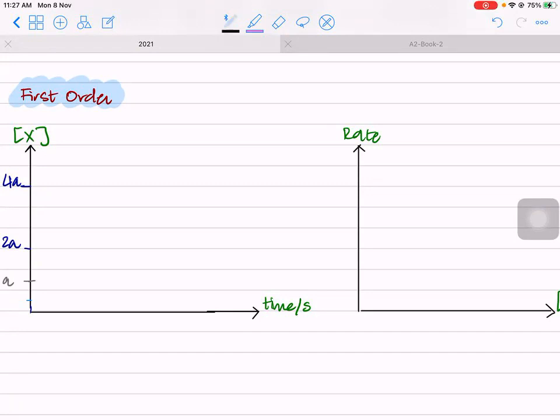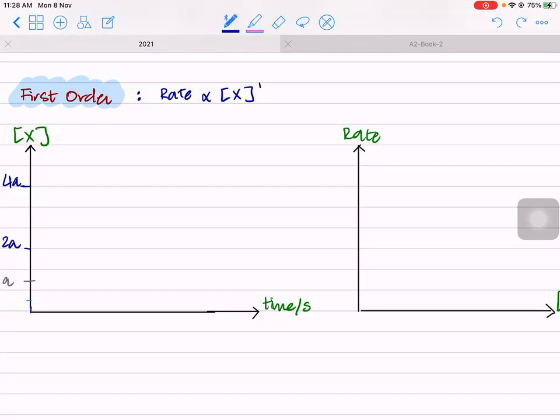What do you mean by first order? I am again taking my reactant to be X. If I say rate is first order with respect to X, that means if you increase X, rate will also increase. And it will increase how? Linearly. Do you see? Because it is affected by the power of 1. So if I increase my concentration from 1 to 2, I've doubled it. So my rate will also double. If I triple the concentration, rate will also triple. If I increase the concentration by 4, rate will also increase by 4.